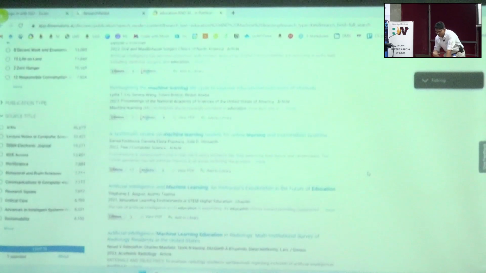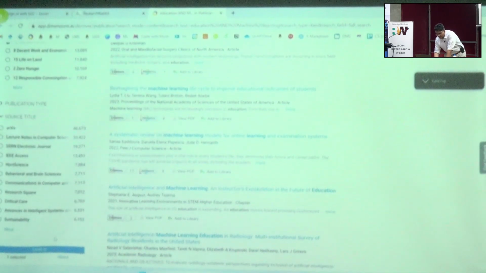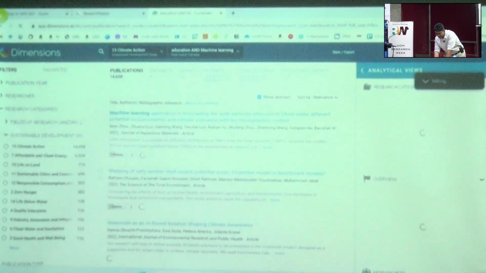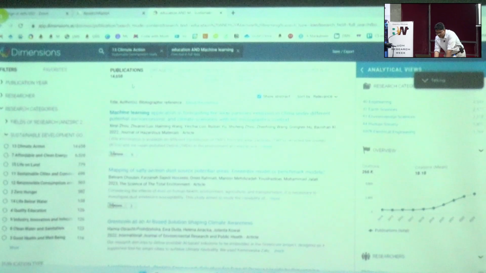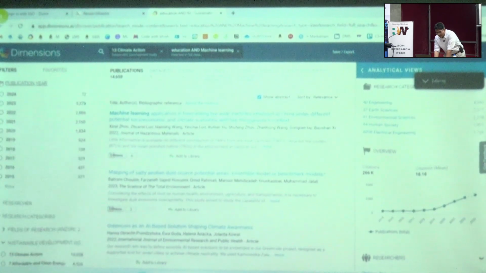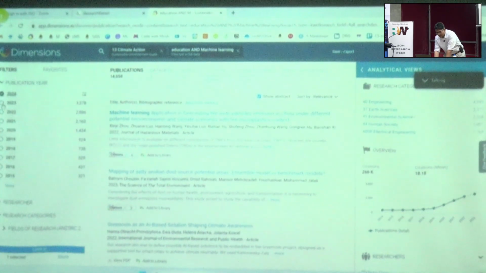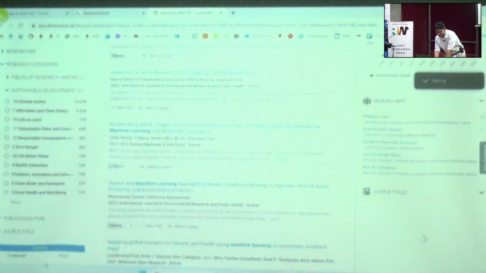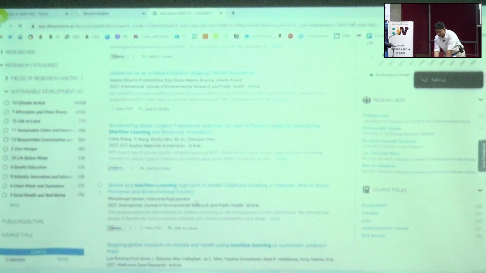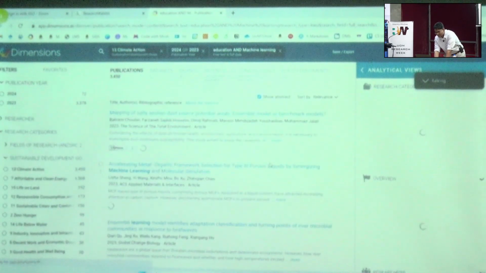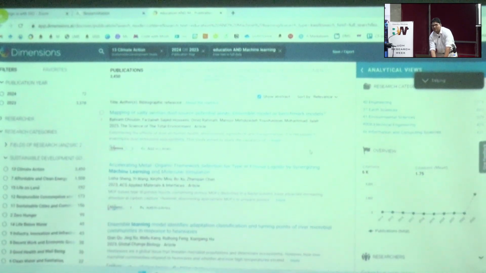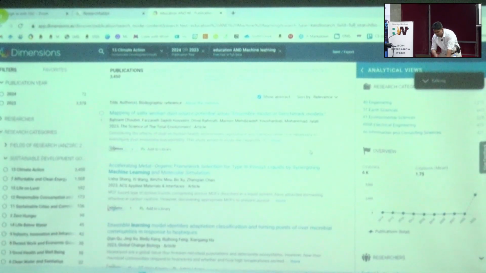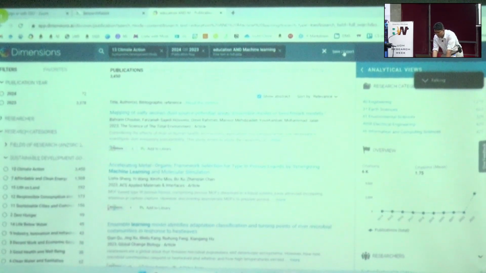So anyway, once you do all these things, when you narrow down, let me limit to climate action 13, and it's still 14,000 something. Let me narrow it down to 2024, 23, and 23. It's still 3,000 something, so let me limit to that. So still I can narrow down. Likewise, you need to filter this out in order to do the visualization. And then once you are finished, you can